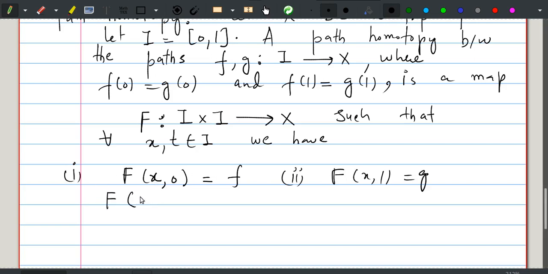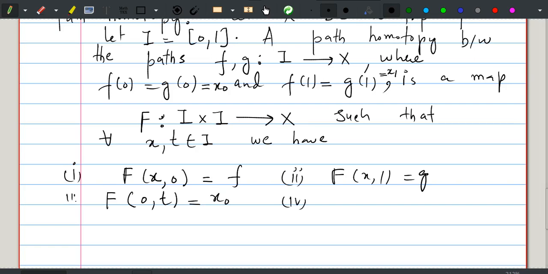Now if we restrict F in the first component to 0 we shall get the initial point. So let us call this x0 and this x1. So we should get x0, and this is the third condition. And the fourth, which is F of (1, t), is x1. So in this case f and g are said to be path homotopic,